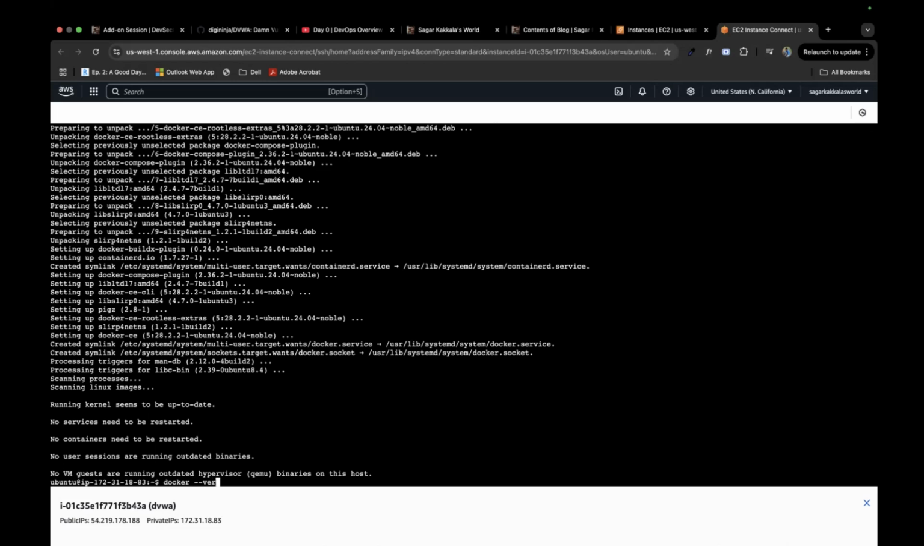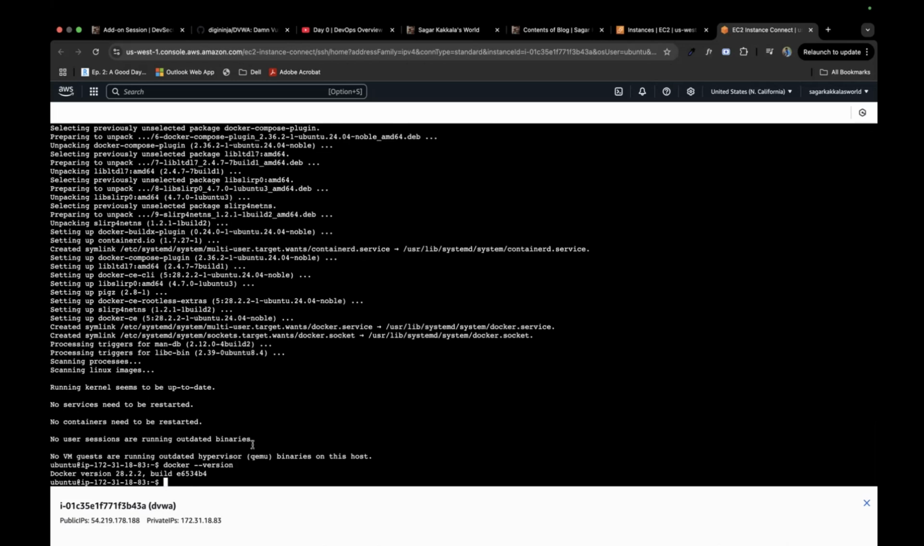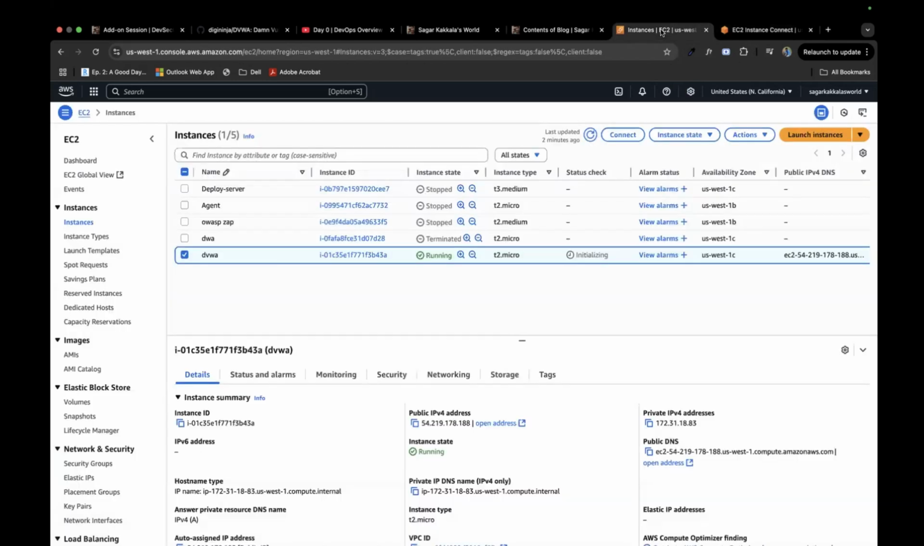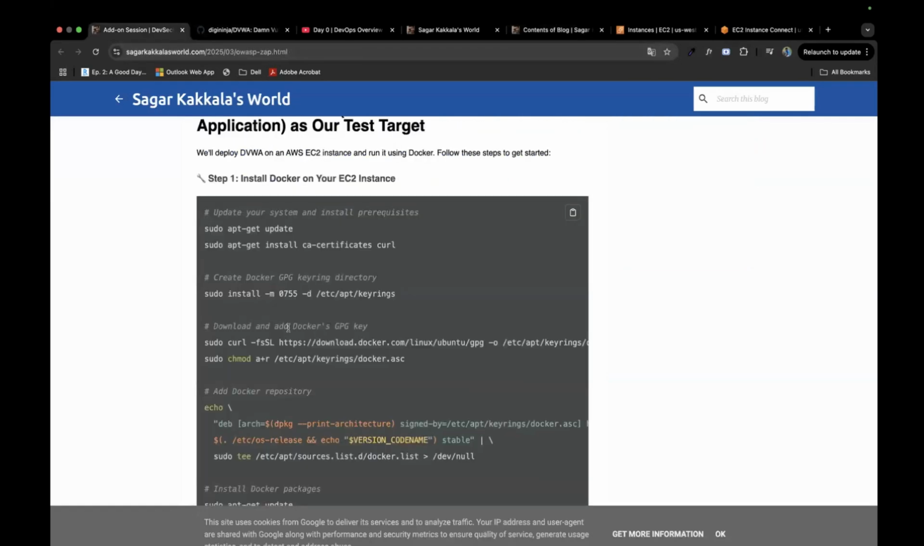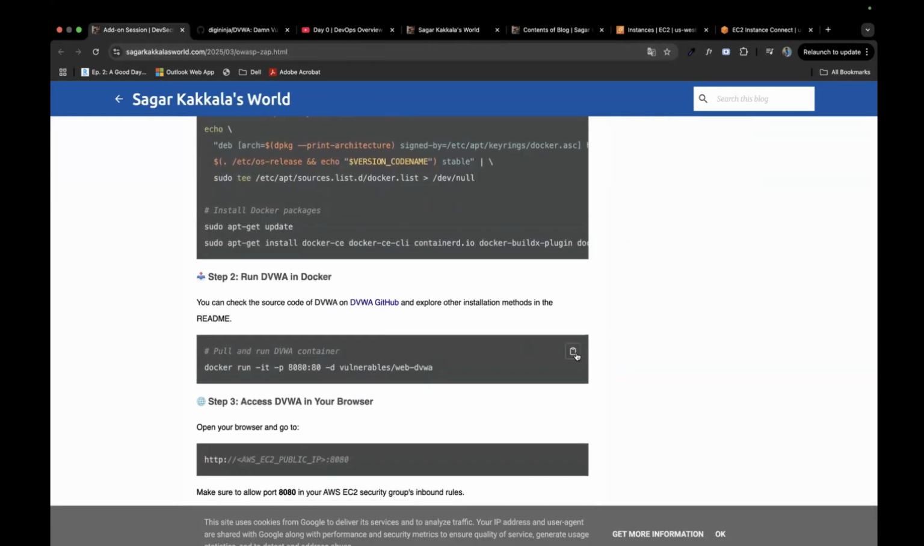I don't know whether Docker is installed or not. Okay, Docker is installed. Good. I pretty much kept everything in the same code. And I just want to run this to get my Docker image. Since I explained in the Docker session the host port and the container port,